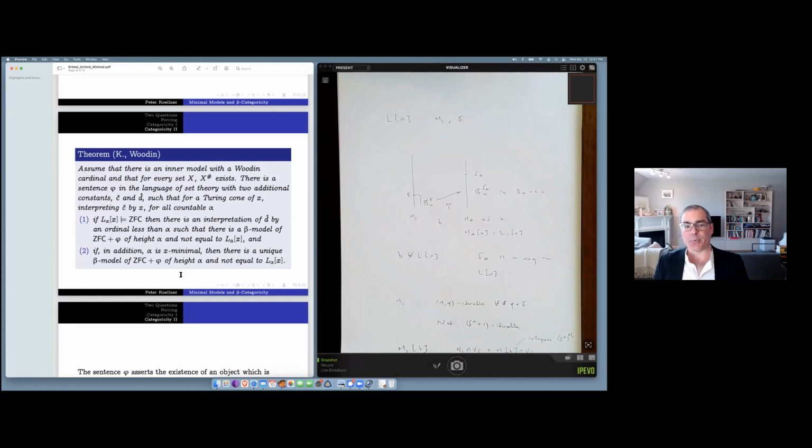And so the way this proof goes is you're working in L alpha of X, you do a big simultaneous comparison and genericity iteration to get a definable model. And then you do a subsequent construction called a quasi-limit construction of self-genericity iterations. And it turns out that you can see in L of X the branch for that final model. And the fact that you can see the branch for that final model allows you to show that there's a unique branch that you can't see over the first iterate of that big simultaneous comparison and infinity.